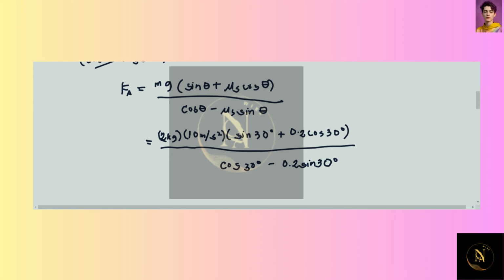The answer is around 17.5 newtons. Thus, when the force is applied horizontally, the magnitude is 17.5 newtons. That will make the block move